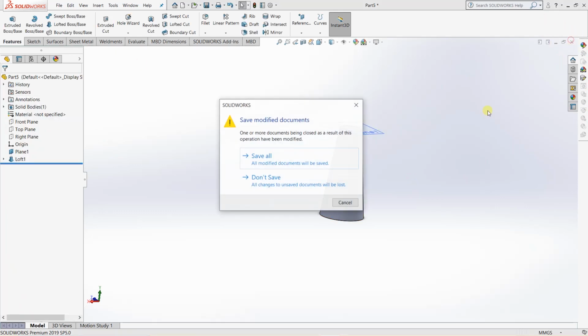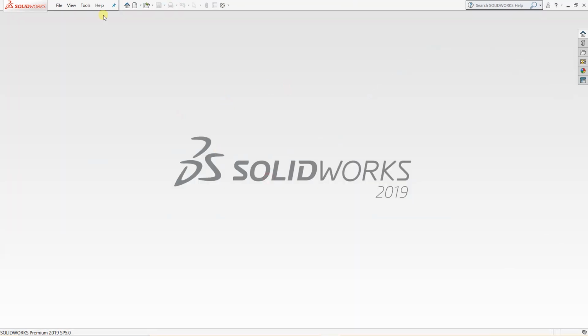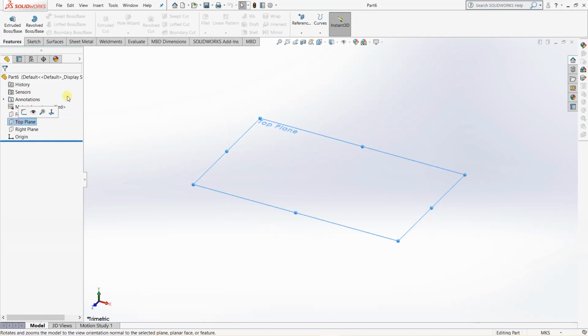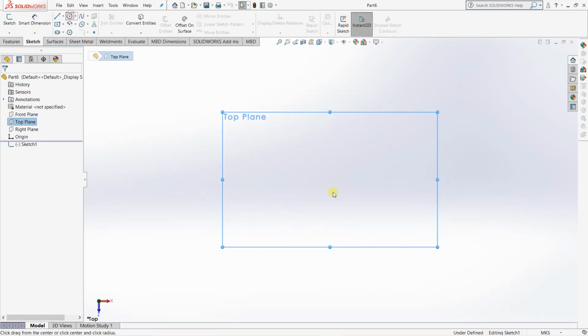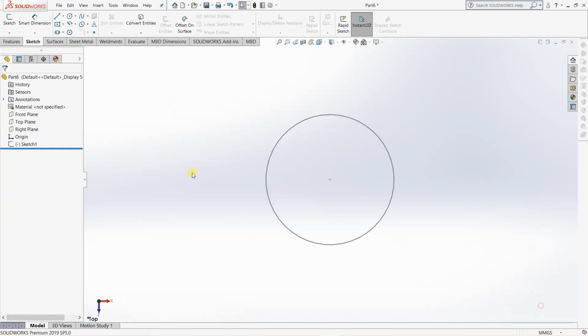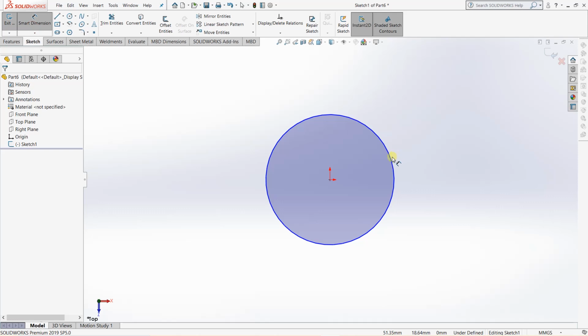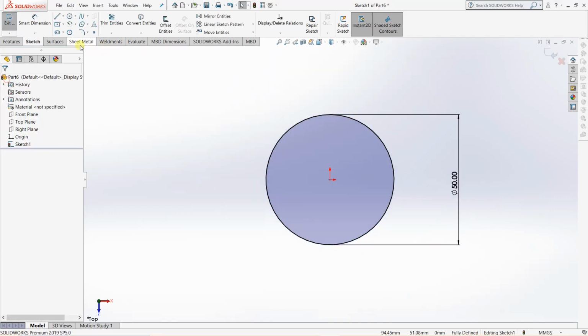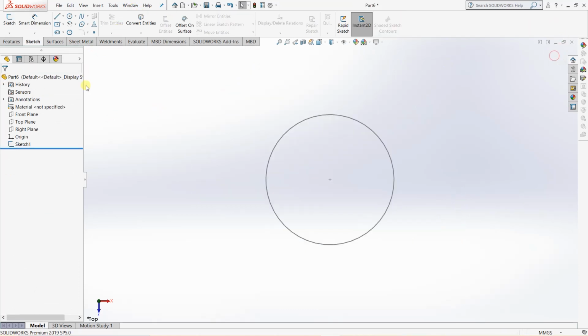Let's try that also. Okay, double click on part, in the top plane, we draw a line of 50. Now in the second sketch we will draw a rectangle.